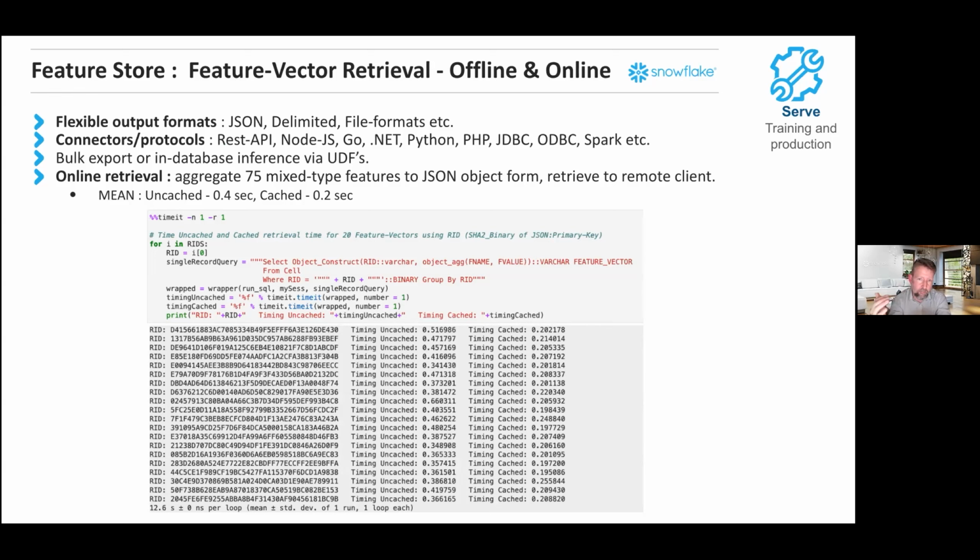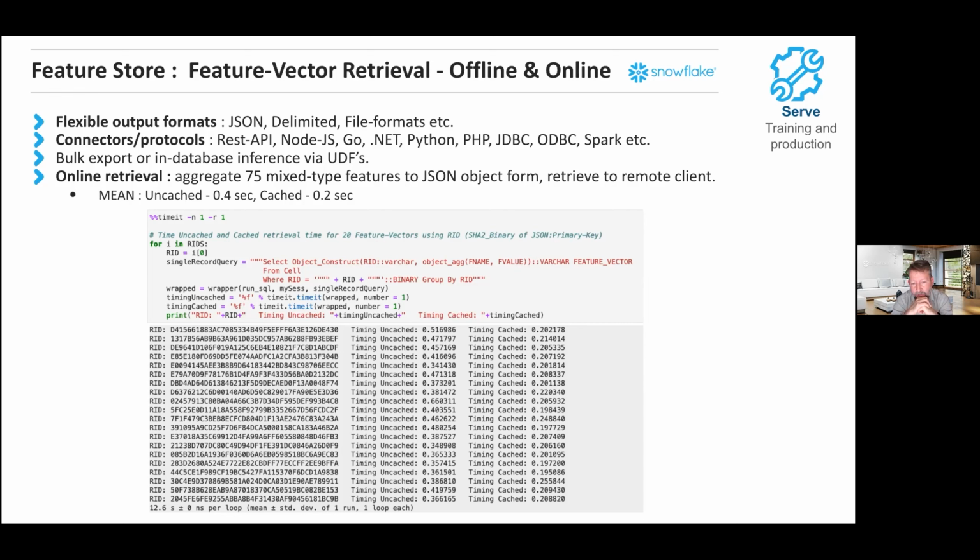So there are obviously two different modes there. Really it is doing it in batch or bulk on large volumes of data, the offline mode, and then the online mode. So I'm just doing some testing here, and this was done through the Python API, although I've passed it a SQL string in this particular instance. You can see here I'm pulling back a feature vector based on a random row ID. The row ID is just a SHA-2 function of the primary key.